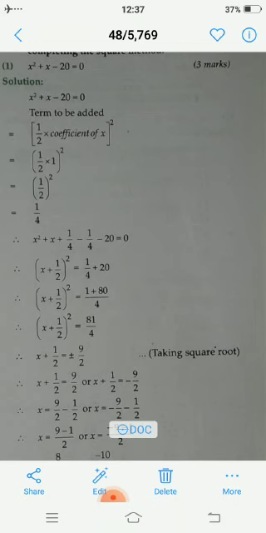Now what is the next step we have to do? Whatever number we got by using the formula for completing square method, we have to add that number, and also subtract that number in the given equation. So x square plus x plus 1 by 4 minus 1 by 4 minus 20 as it is. So when we add and subtract, the addition of the first three terms becomes a complete square. Now here we got the complete square, that means x square plus x plus 1 by 4.